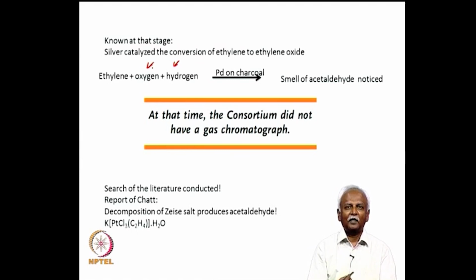That is all that he had as a hint about what had happened, because at that time, as he says in his own words, the consortium or the company did not have even a simple gas chromatograph. So, based on the smell, he decided that he would look up the reactions where acetaldehyde is generated, and